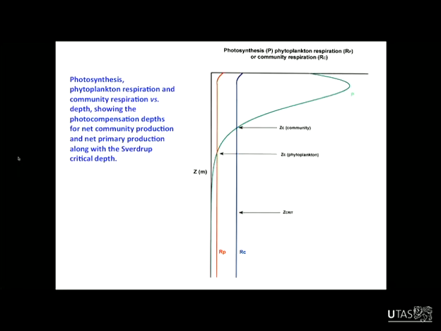And remember, before I was talking about net primary productivity and net community production. We can also plot on here those loss processes. So this red line here is supposed to be the consumption of photosynthetic energy by phytoplankton to maintain their cell processes. And then this blue line here is consumption of photosynthetic energy by higher trophic levels. So the green is basically the gain term, so how we're making new phytoplankton, and the red and blue lines here are how we're destroying phytoplankton or consuming phytoplankton energy, photosynthetic energy.